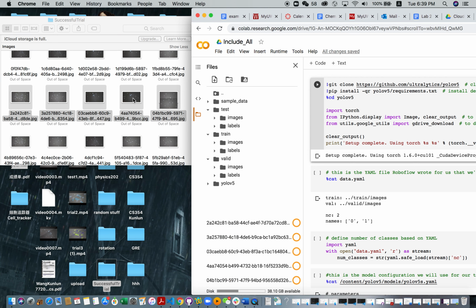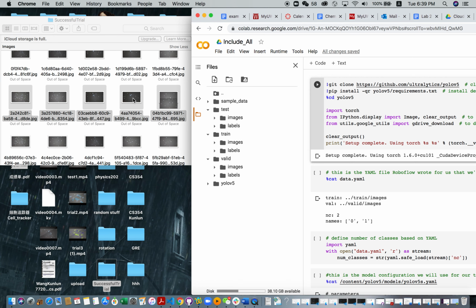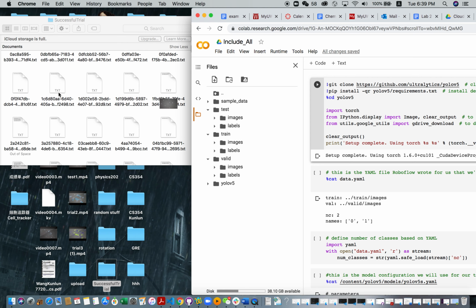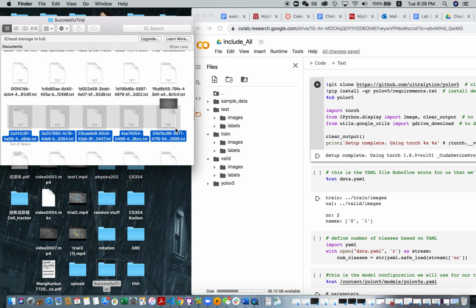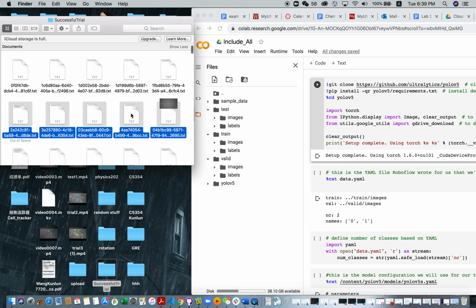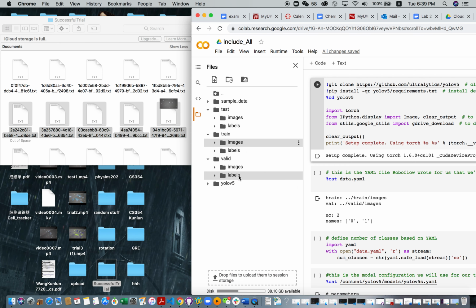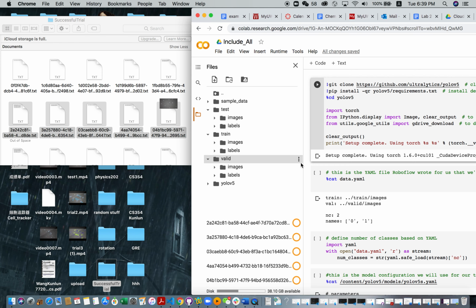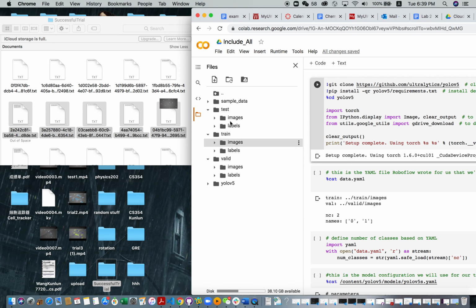And obviously, we're going to be using much more pictures in our actual training. So the reason I only selected like 5 pictures is only for demonstration purposes. So we're gonna do this for labels. Okay, now